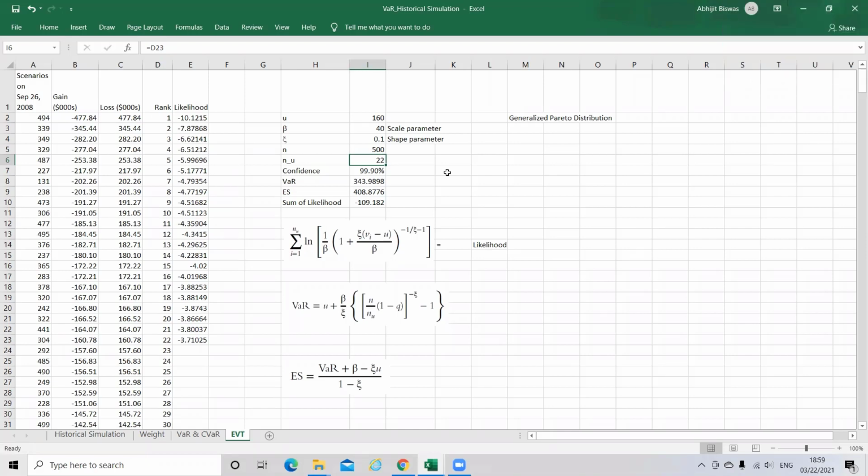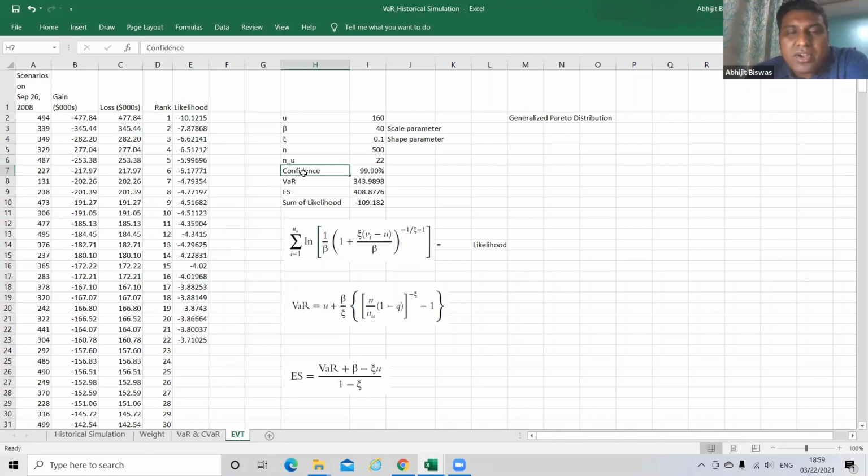Clear? Okay. Next, confidence. Since it is an extreme value, the regulators take a confidence level very close to 100%. They take it as 99.9%, because the most extreme value will lie at the extreme point. An extreme point on the left side basically means it will be very close to 100%. So here we are going to calculate VAR at a 99.9% confidence level, right?